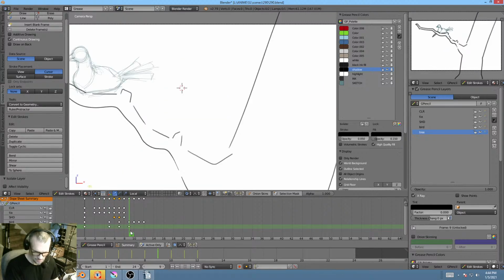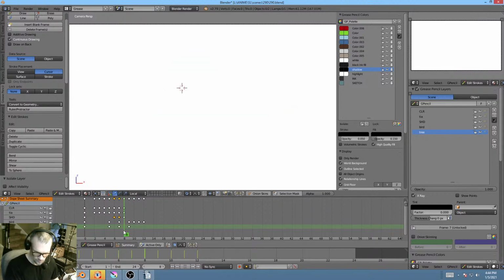We can see kind of the issue I've mentioned before with Blender, which is that the tree layer got a bunch of keyframes that are really erroneous. They don't belong in there. So let's move the tree, I would say,